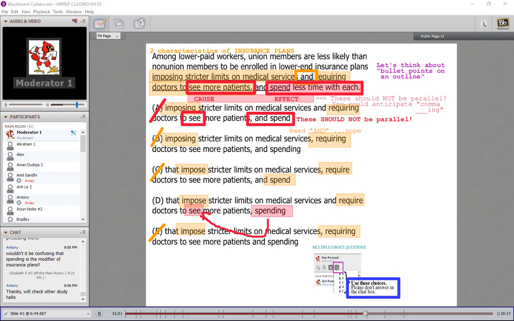There are so many of these study halls. There's just tons of them. I think 200 by this point. Okay, let's look at this one. How about